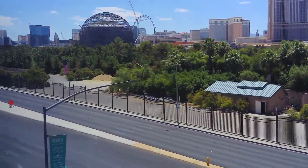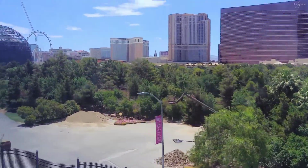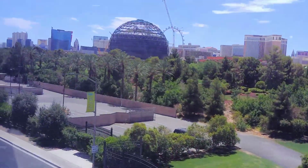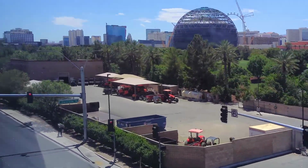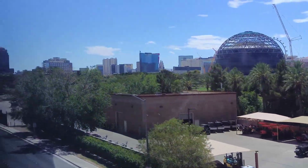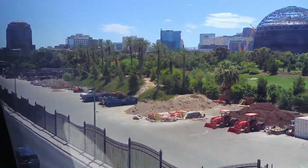You can also access the Link from the Flamingo Station. Our next stop is also the closest station to the Venetian and Palazzo Hotels, where you'll find the Grand Canal Shops, gondola rides, and the Venetian Expo. Wynn and Encore Las Vegas, featuring the very popular nightclubs XS and Encore Beach Club, the Fashion Show Mall, the Mirage, and Treasure Island TI Hotel and Casino. Las Vegas has over 4 miles of fun things to do, and the best way to see it all